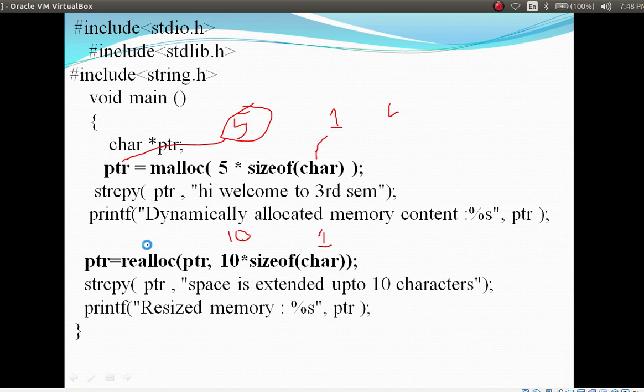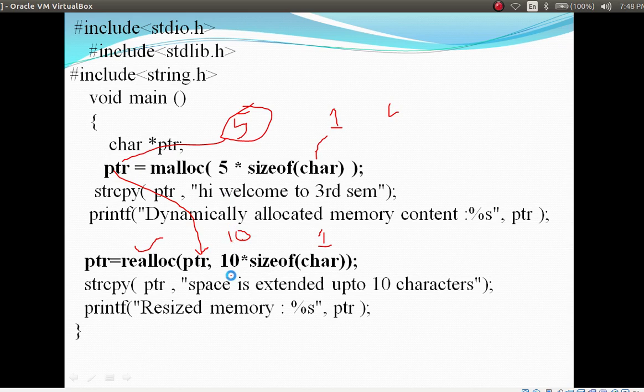Now we are extending the memory with realloc, using the previously allocated memory. Previously allocated memory is held by which variable? It holds this variable, right? So the variable which has 5 bytes.